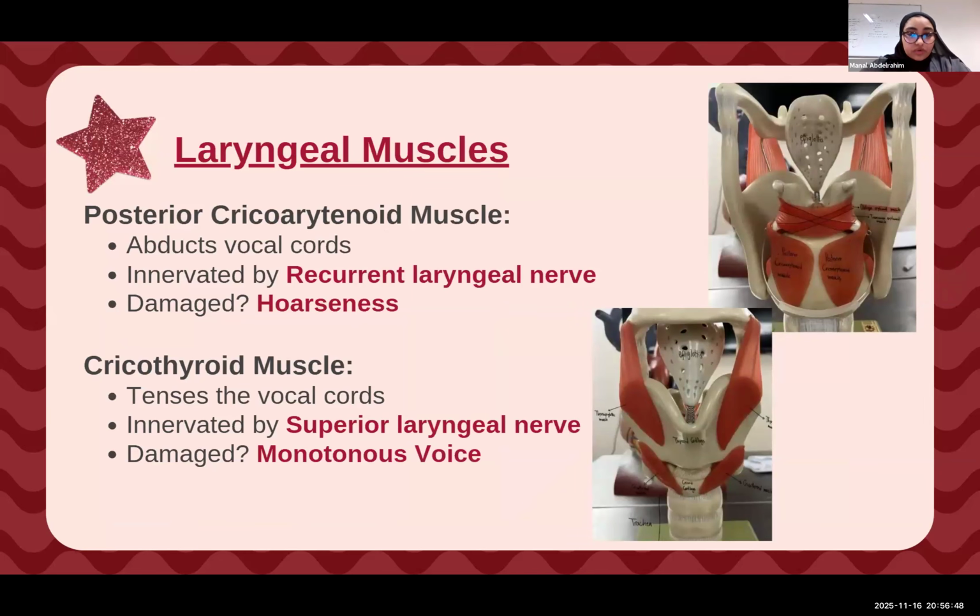Now, in your lab manual and in your objectives, you only have to know two main muscles. But this is very, very, very important. If they ask questions about laryngeal muscles or anything about the larynx, they're going to ask about this, okay? You need to know the posterior cricoarytenoid muscle and